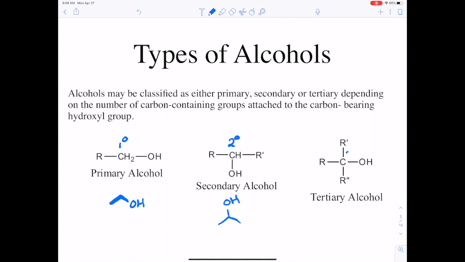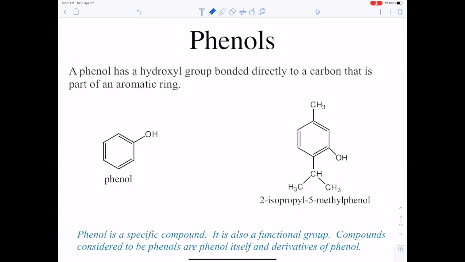And if it's a tertiary carbon, that's a tertiary alcohol if the hydroxyl group is on that carbon. So if we have a t-butyl group with a hydroxyl, that is tertiary butyl alcohol, or its IUPAC name would be 2-methyl-2-propanol. And of course you cannot have quaternary alcohols, because if it was a quaternary carbon, there's already 4 bonds to carbon. Now phenols